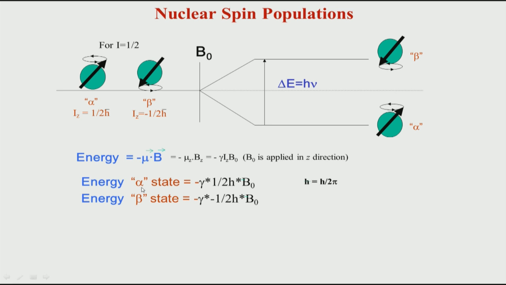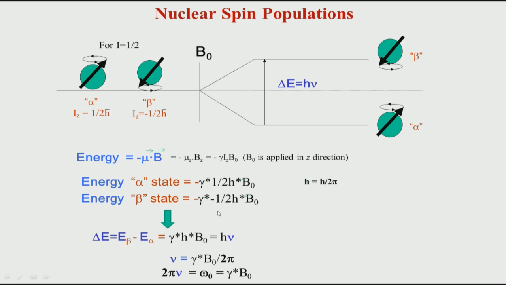And you can see that if you have an alpha state, that is when spin is plus half, you essentially end up with this. Remember, in all these equations we use h cross, or h bar, which is basically Planck's constant divided by 2 pi. And if you have a beta state, the molecules in the upper state will have an energy given like this, but minus into minus cancels out, so it becomes plus. So, this is a positive energy value, and this is a negative.